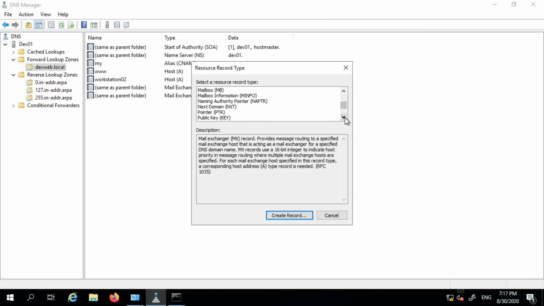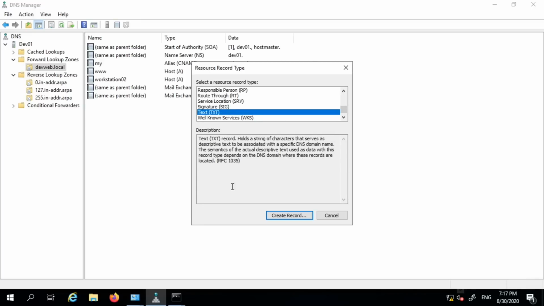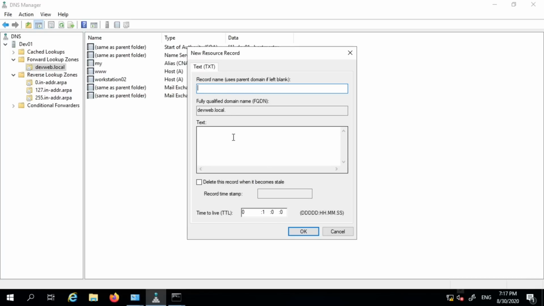The next record that we are concerned with is the text record. These are quite good and important records to add, and this is normally text. For example, if you're adding a service, a Microsoft Office 365 service, they might tell you to put a text record in to confirm the domain name. So they might tell you to add a record, and for this instance, they might give you something like